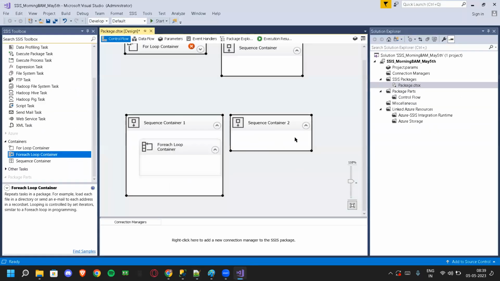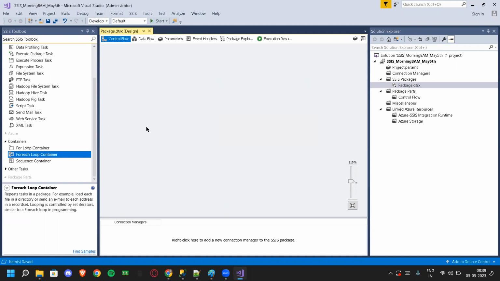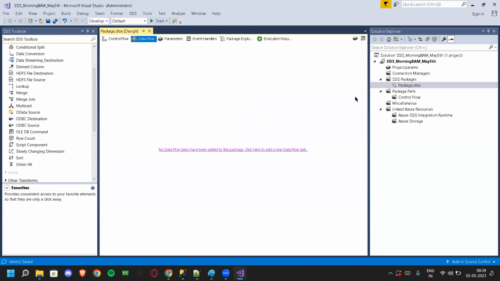That's the reason I explained the total background first. If I explained that we have control flow and data flow right away, you couldn't understand it. So, where are we now? Control flow. I want to navigate to data flow only. Hey, you are trying to enter the theater without a ticket. It's a violation. No data flow tasks have been added to this package. Click here to add